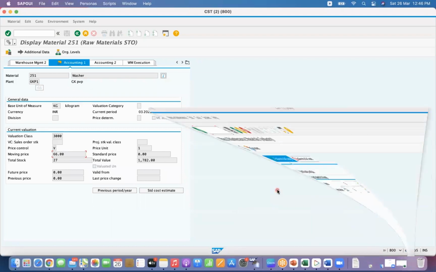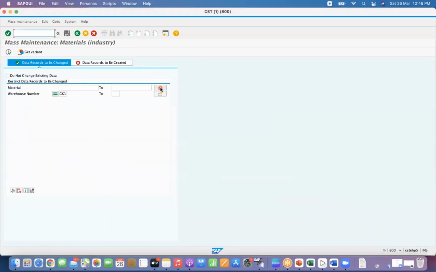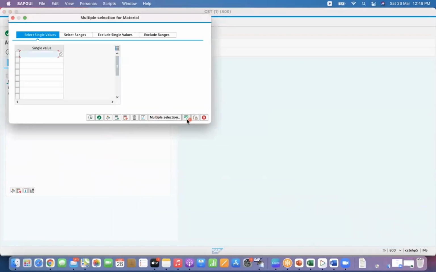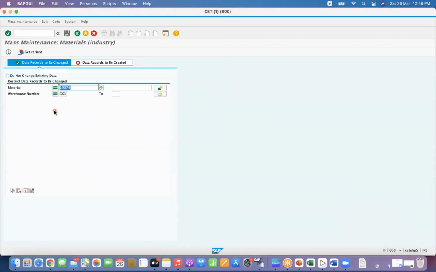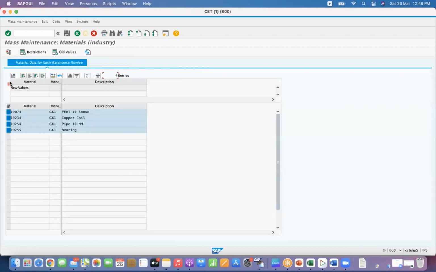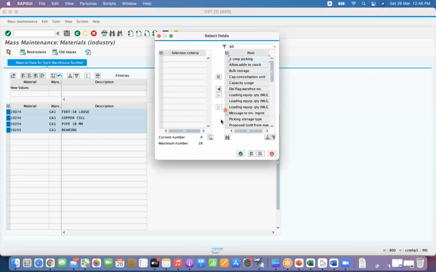Go here and use this paste button so that the system will copy all the materials, whether it is 60 or 70, anything can come. Now execute it. Now go to this option where you can see the list of fields. For example, I want to update